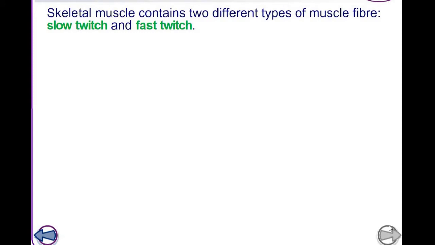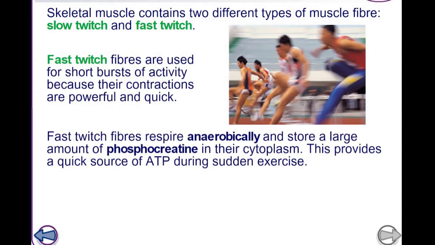So we'll look at skeletal muscle now, and we'll look at the different types of skeletal muscle. So there's lots of different versions of this, and I did some research a few years ago, and I found 16 different types of muscle fibres. So there's lots and lots of different types, slightly different versions, but there's two main types: slow twitch and fast twitch fibres. And the way we think about it is fast twitch fibres contract faster, they're more powerful, so therefore